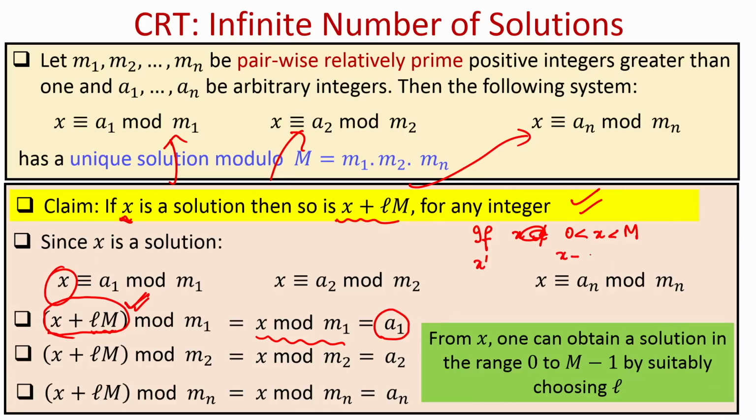That means you first compute x minus M and check whether this x minus M is within the range 0 to M or not. If not, then compute x minus 2M, then x minus 3M, because all of these new numbers will also be solutions for your system of linear congruences, and eventually by appropriately choosing the value of L, you will obtain an x in the range 0 to M minus 1 which satisfies all the n linear congruences. So, that shows that using the Chinese remainder theorem, you can obtain at least one solution modulo this bigger modulus satisfying the system of